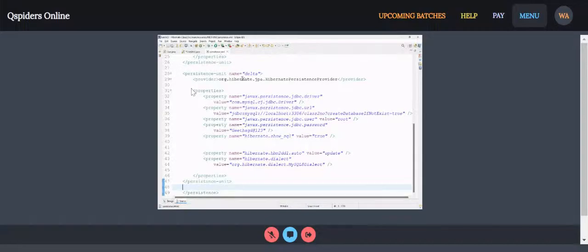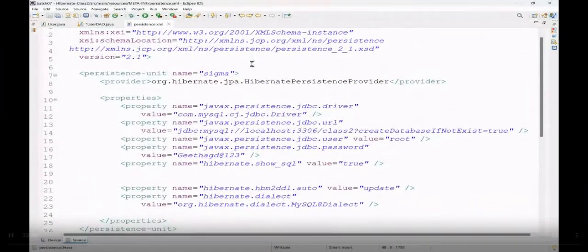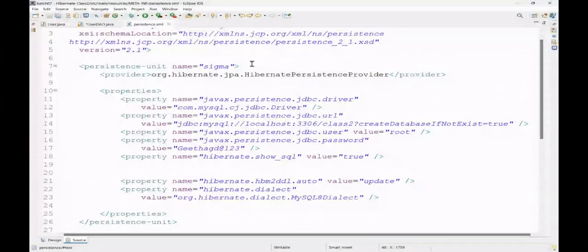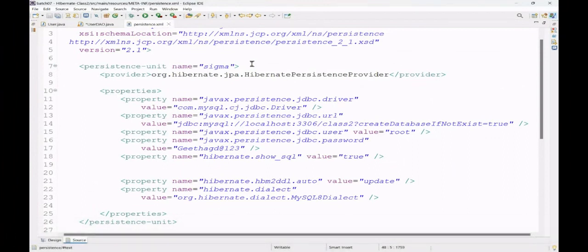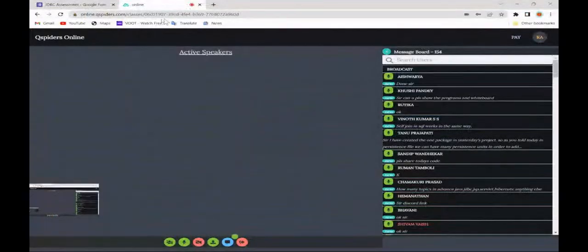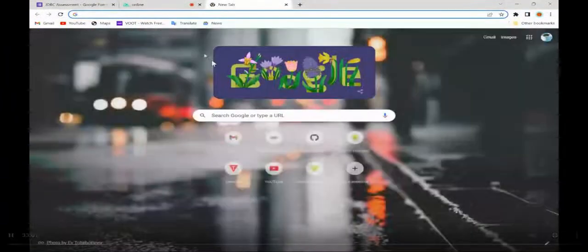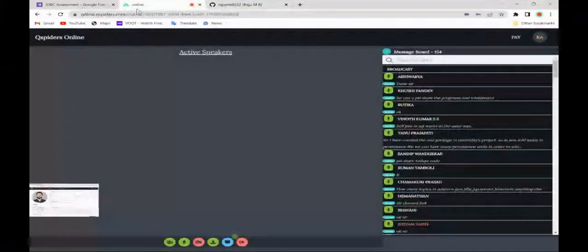Okay, I have already shared the persistence.xml file with you people. I don't think you people need it. If anyone wants, they can take this also. And whoever doesn't have this link, whoever is new for today, I'll be sharing the GitHub link for you, guys. Sorry, I forgot to share that. So whoever has not got the link, I think it is on one of your